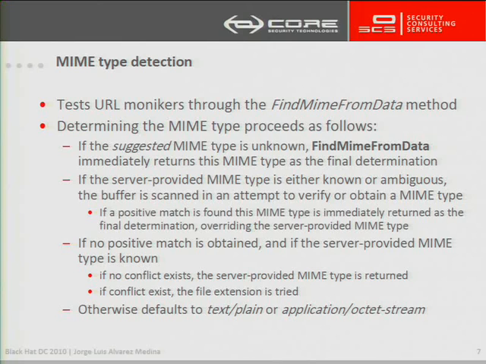But when there is no coincidence and the server-supplied MIME type is known, I mean, for example, if the object that the server is serving is an HTML resource, with content type text/html, and the FindMimeFromData function cannot reliably detect that this is actually HTML content, it will take an action based on another thing. If there is no conflict between the base data type of the resource, where conflict is if the